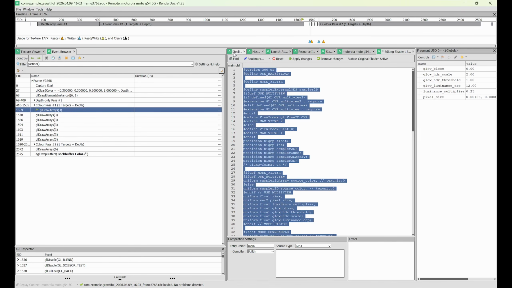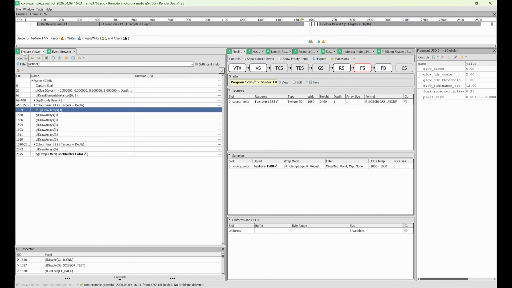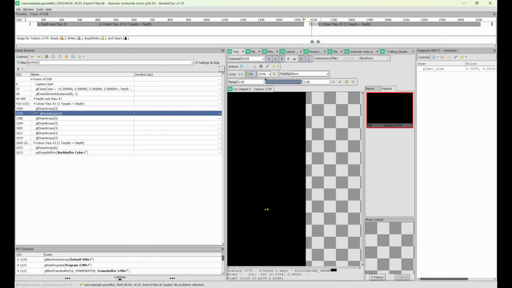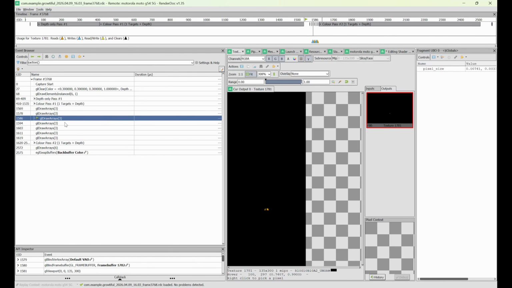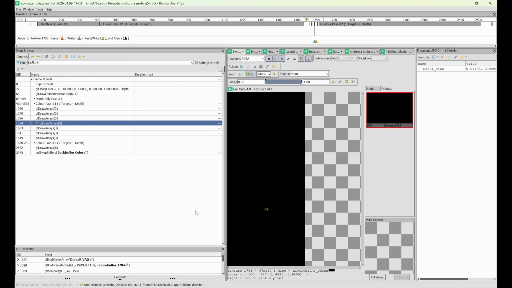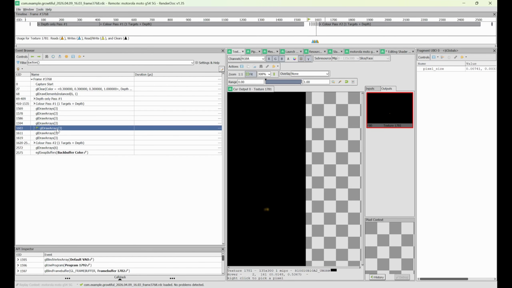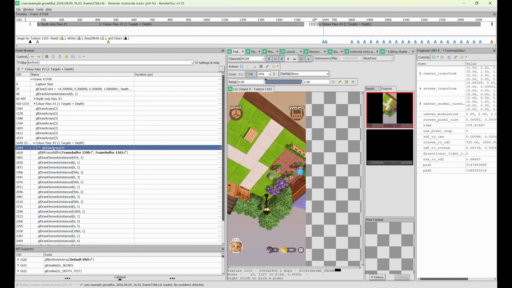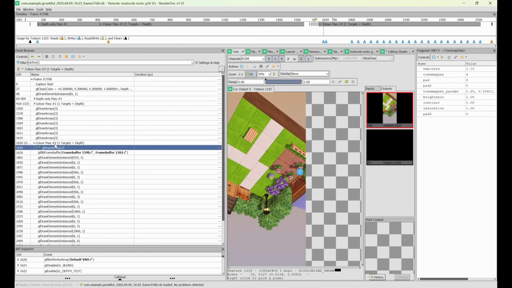And we can have the texture viewer here again, so you can see, we have one. This is the first step, this is the second step, this is the third step, and this is the fourth step, which is the smallest one. And we have again one up, two up, three up, and the actual color pass here, which is the last one, because this is actually called the post GLSL,